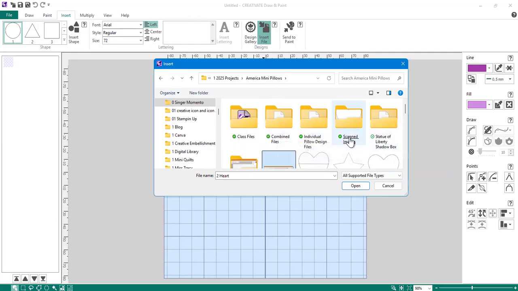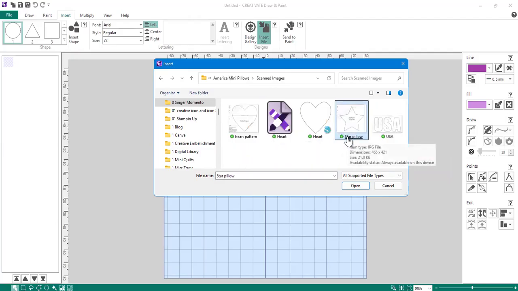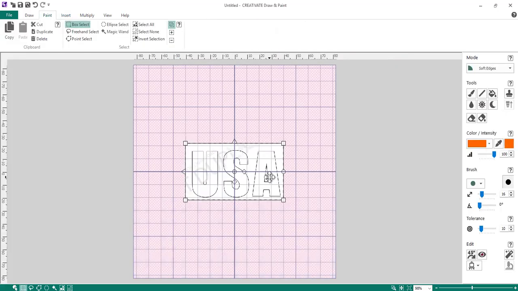And then I'm going to go into scanned images because I actually took a picture with my phone. I had talked about that previously. And I brought in that scanned image onto my laptop as a JPEG, so I'm able to use it in the Draw and Paint. Okay, so what I'm going to do is I measured this and I have to check to see from the pattern what it measures out. So when I measure it, it's 4.5 wide